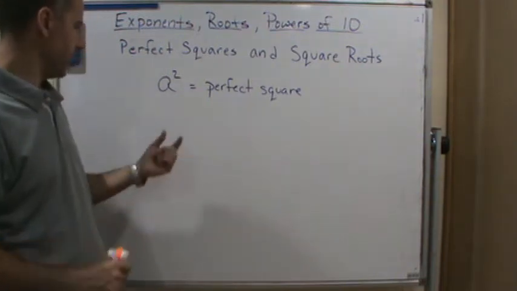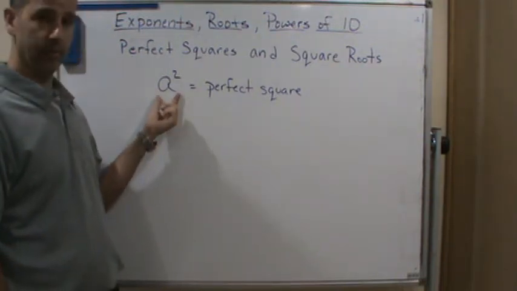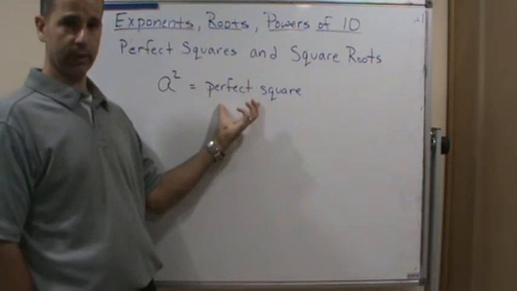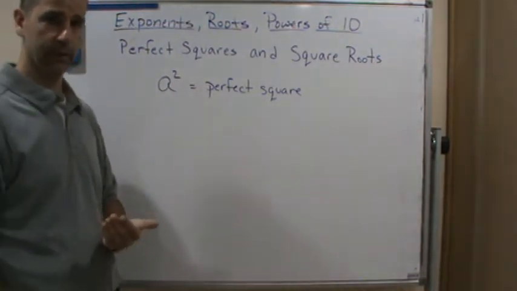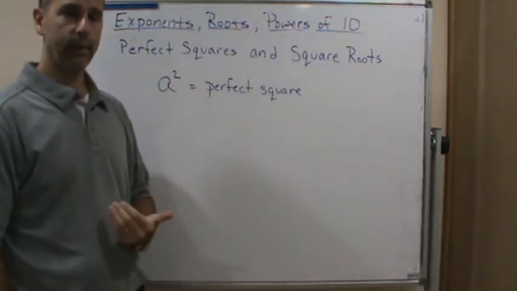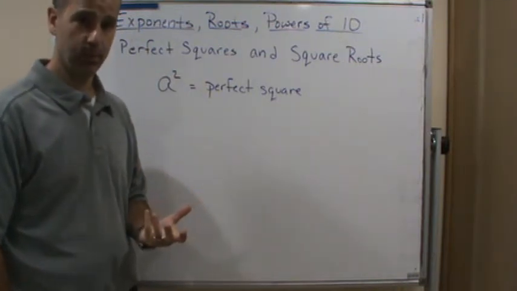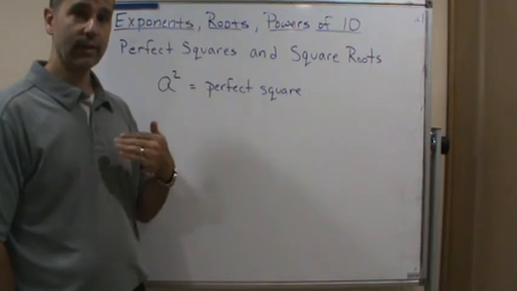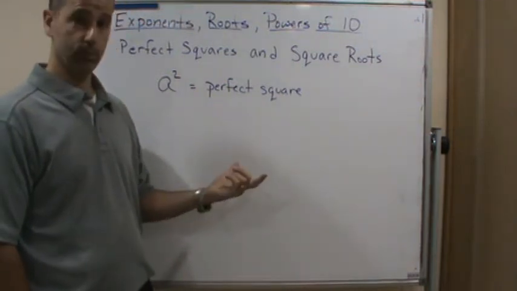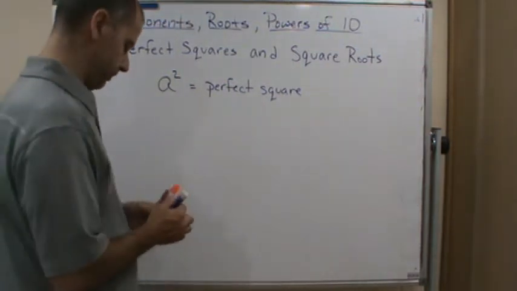Okay, so if we take any number a and square it, we're going to end up with a perfect square. So in other words, the definition of a perfect square is any number where there's a unique number that when squared will give you that number. Okay? For example,